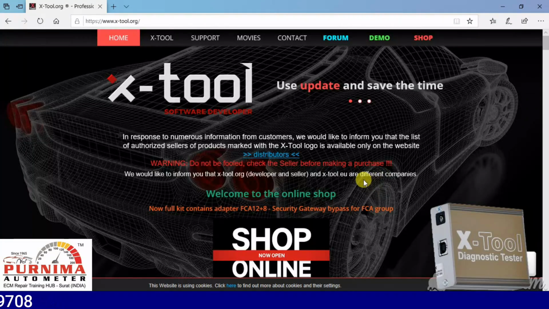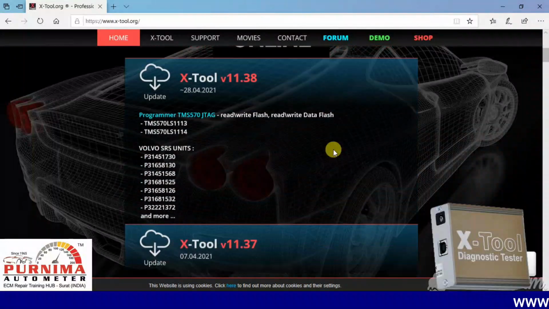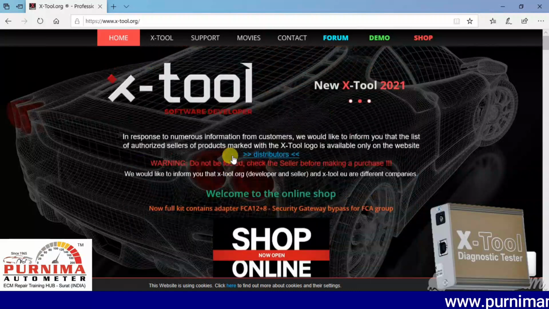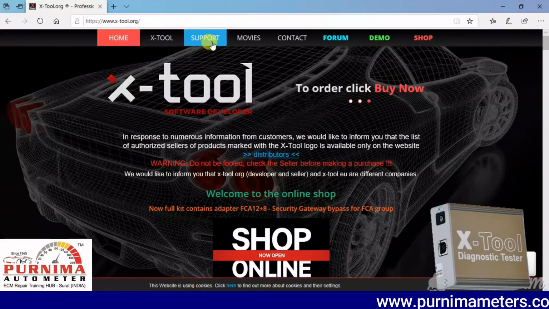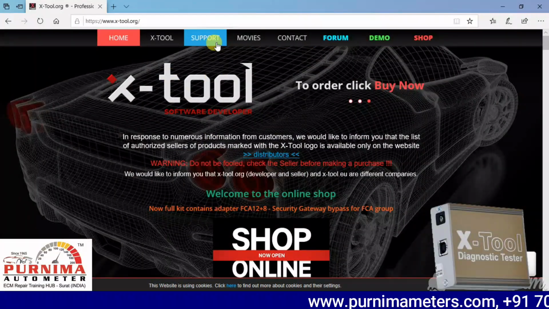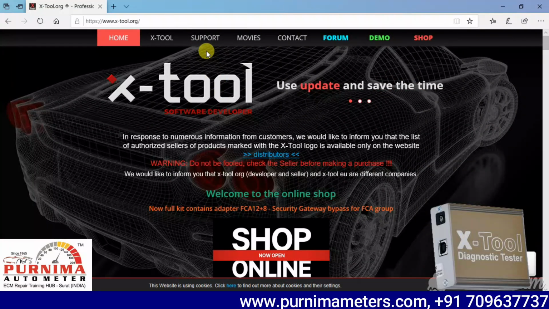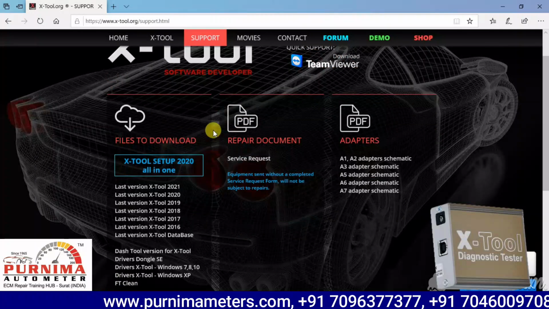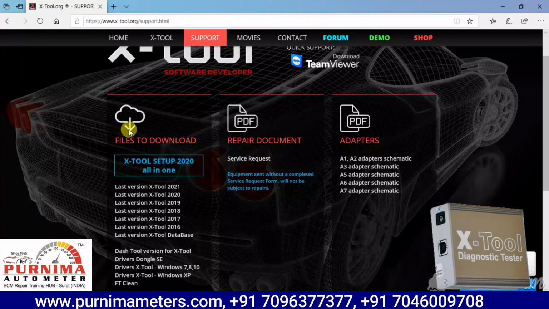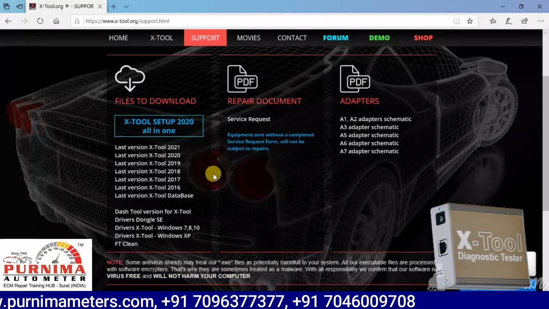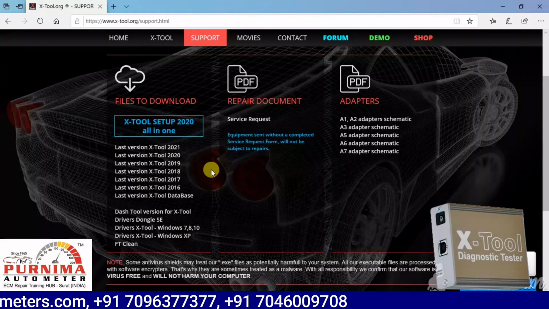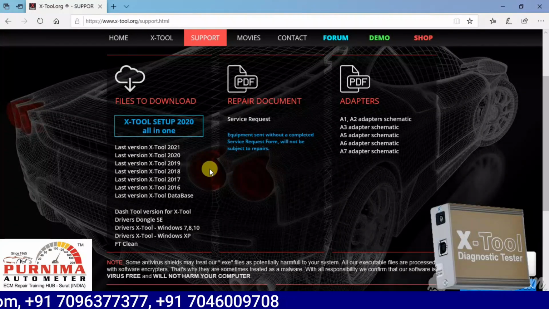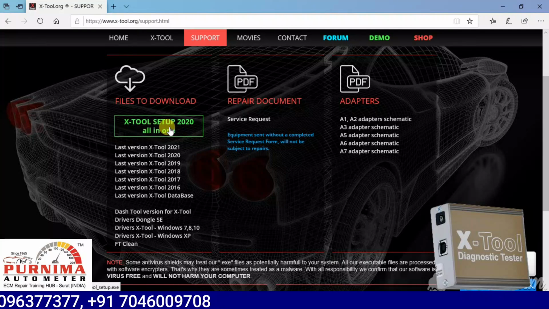and you will see the new window, right? So many updates are coming, so we have to go to support. There are many options, but first we need to install the software, so we'll go to support. Then you will see such details. So for new updates, for new installation, who purchase the new one, so first we'll go for the Actual Setup